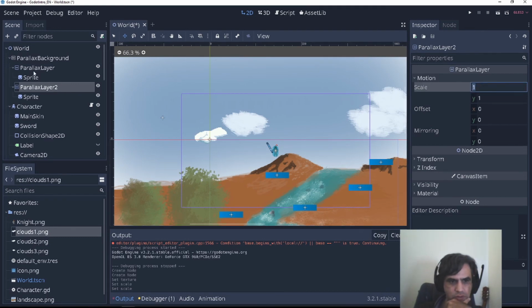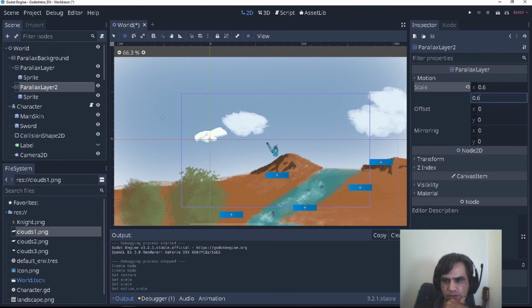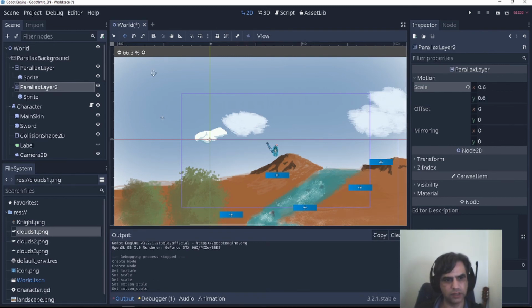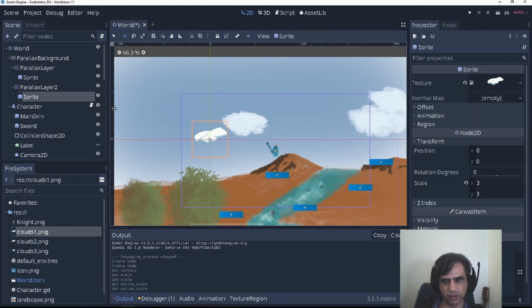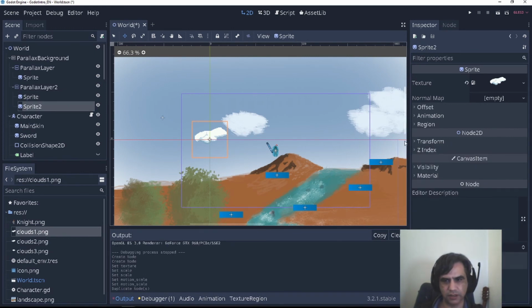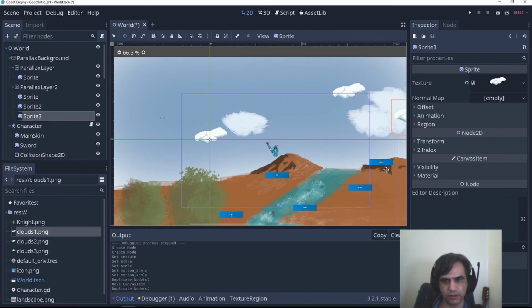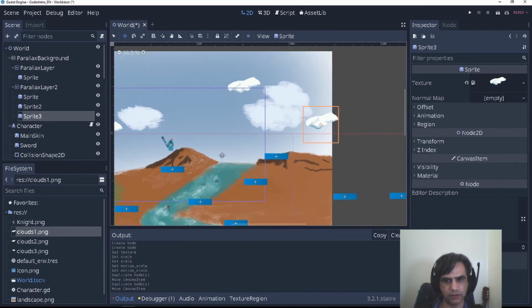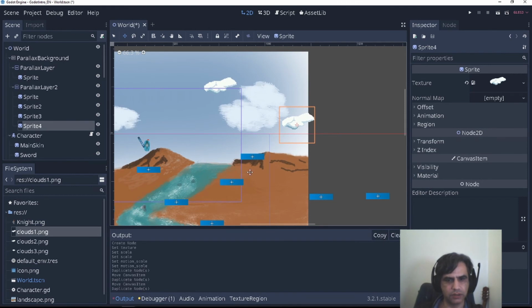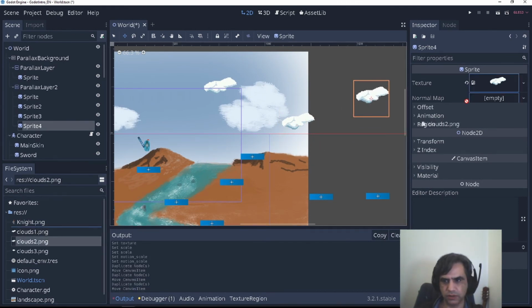And so this one I gave 0.2, let's do 0.6. Let's give some extra clouds, duplicate. Let's select this one now.